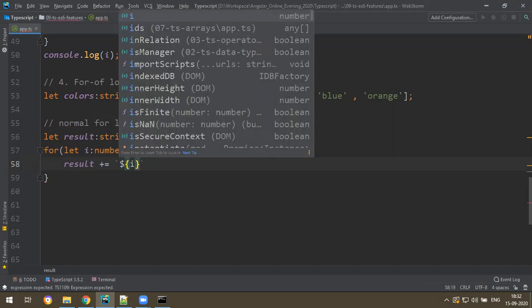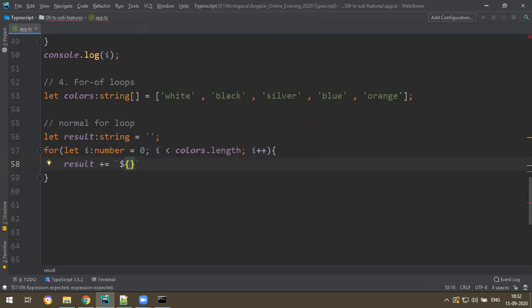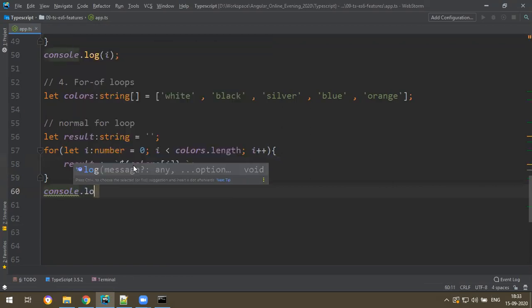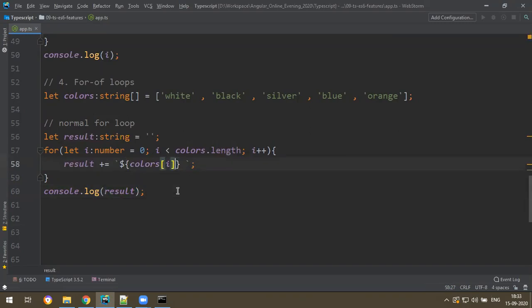Not the i value, I want to get the element, colors of i, then some space. Okay, let's say console.log of result. If you want to print all uppercase, just say dot toUpperCase.